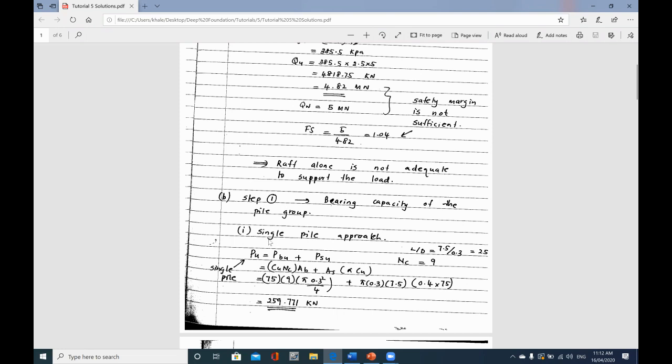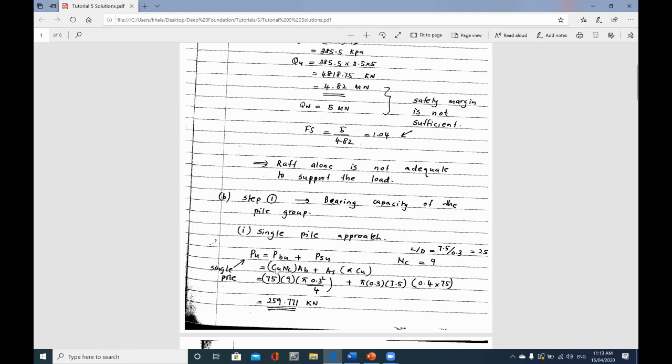The first scenario, we need to consider the single pile failure approach, and then we need to consider that the 6 piles in the system will fail as one block. And obviously this is the formula to calculate the load carrying capacity for the piles in the system, which is PU equivalent to PPU, which is the end bearing resistance plus